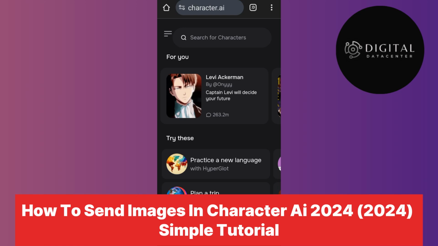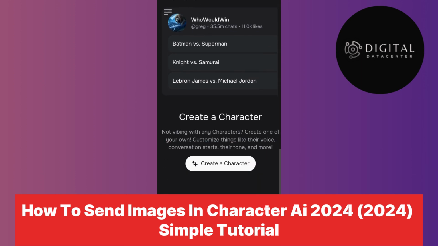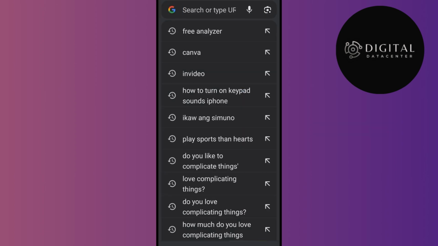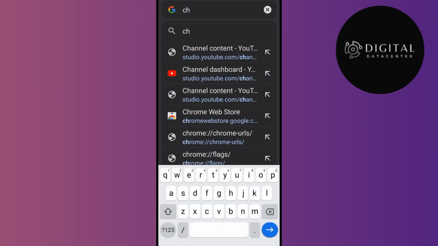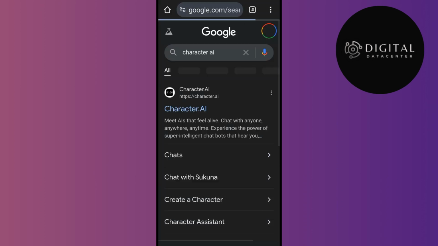Hi, in this video, I will show you how to send images in Character AI, and is it possible, or can we still send pictures or images here in Character AI? But before anything else, in order for you to log in to Character AI or use Character AI, I highly suggest